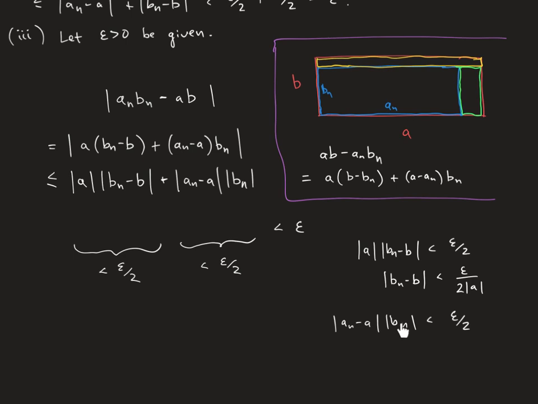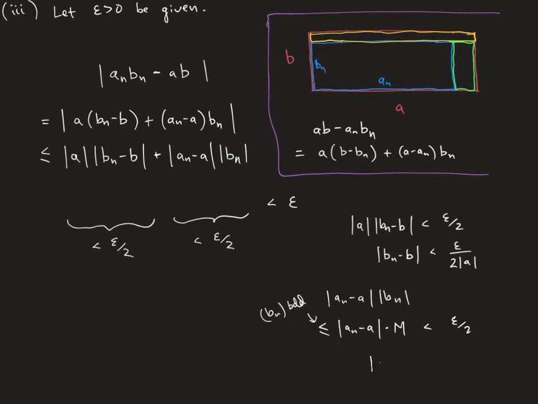And what I can use is the fact that this sequence Bn is convergent and therefore is bounded. Right? So I can handle those Bn's. So I'm going to know that the absolute value of the Bn's is less than or equal to some M by the boundedness. So this is because the Bn sequence is bounded. And now that this is a constant, I'll be able to make that less than epsilon over 2 by making sure that An minus A is less than epsilon over 2M.